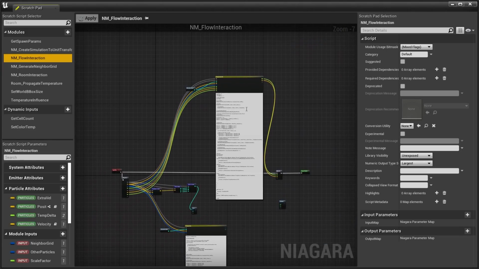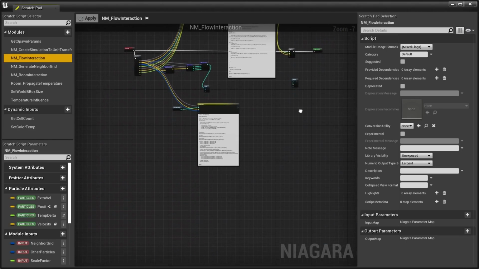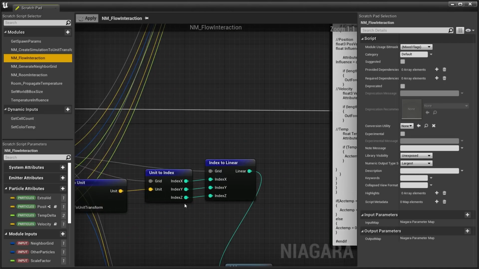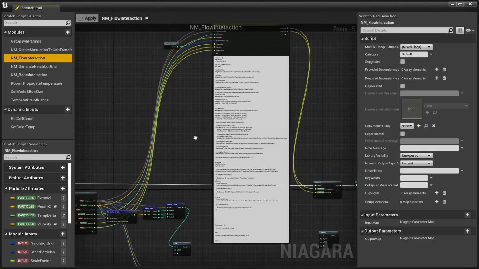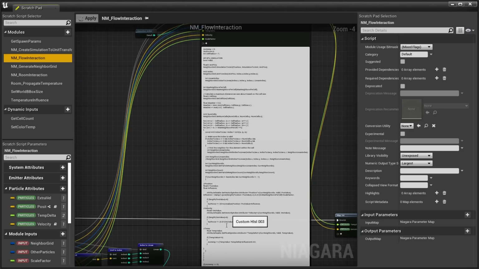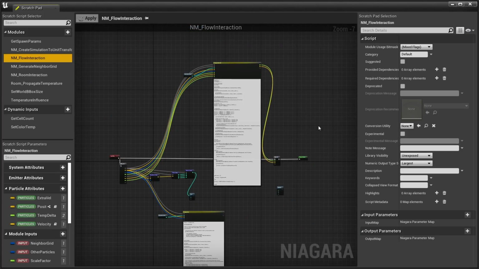Again, this one is probably way too complicated, and you see there's some stuff that's not being used here. Part of this could also be done with nodes like this. I think you can't do for loops with nodes like this, so the actual loop would have to be in here, but some of the stuff you can break out.